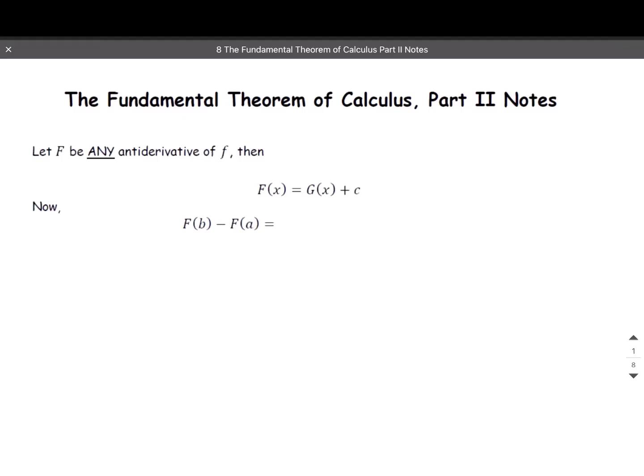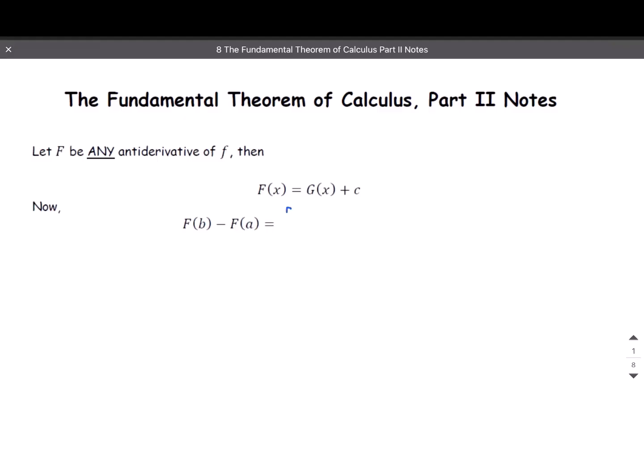We're finally going to make it to part 2. So let's start with this assumption. We're going to let capital F be any antiderivative of the function little f. Now, that being said, I also want to let this capital F of x be the function g of x plus c. So now, if I want to find out the value of F of b minus F of a,